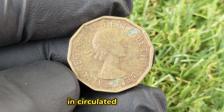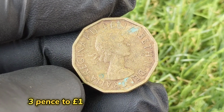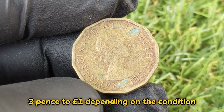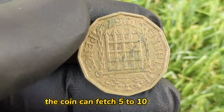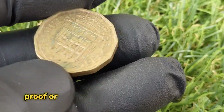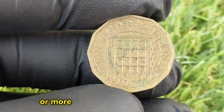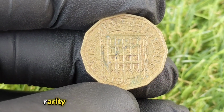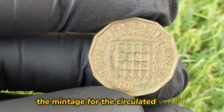In circulated condition, the coin is worth its face value, 3 pence to £1, depending on the condition. In uncirculated condition, the coin can fetch £5 to £10, depending on the condition and rarity. Proof or special mint sets can command £20 to £50 or more, depending on the condition, rarity, and completeness of the set. The mintage for the circulated version was an impressive